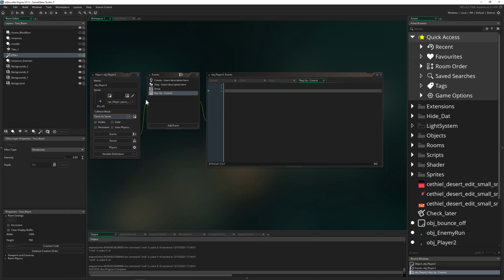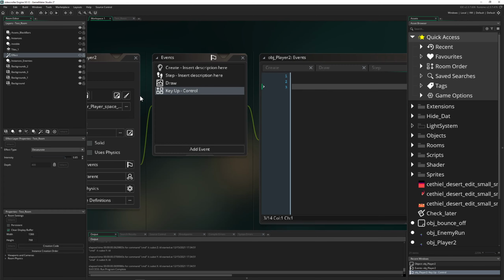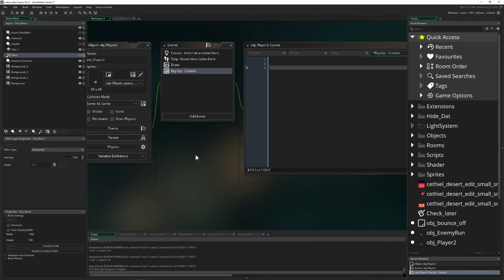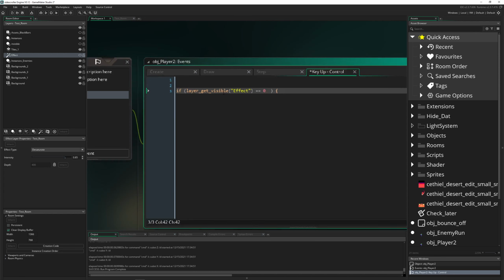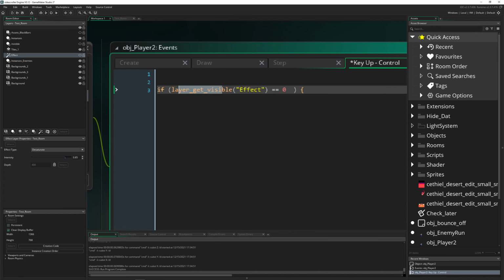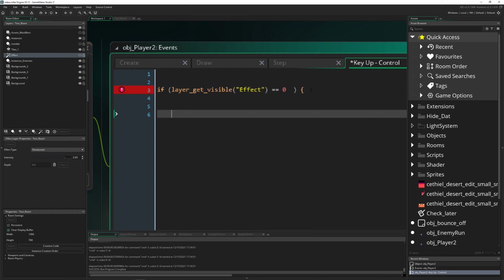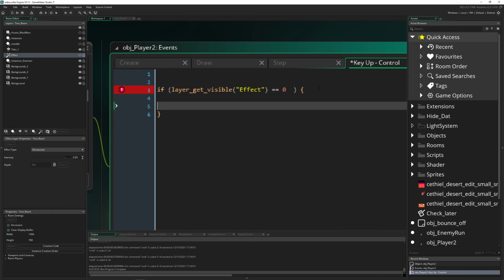So for that we have our player, and then we just press a key, and then we check, hey, is this layer visible? Then we say, if layer get visible, then the name of the layer, which is called effect, and if it's 0, then we say, alrighty, let's activate it.